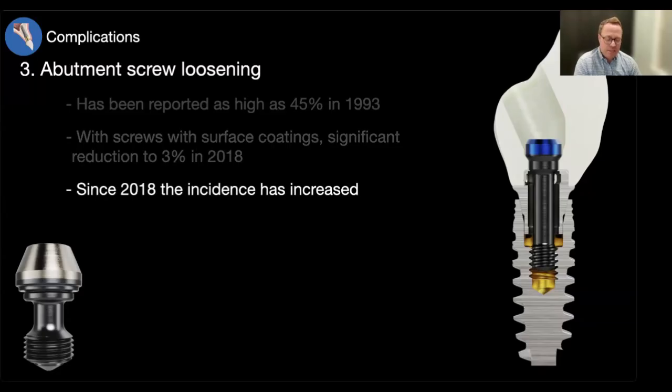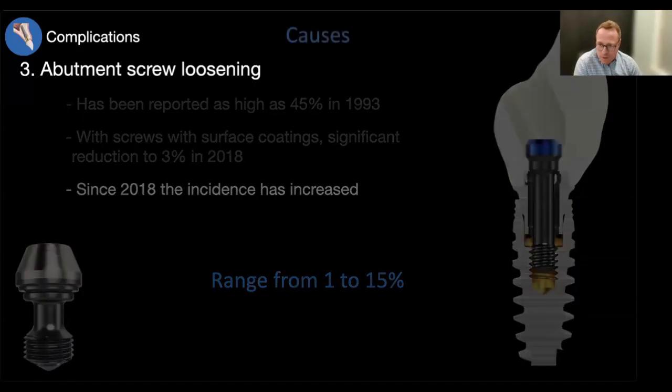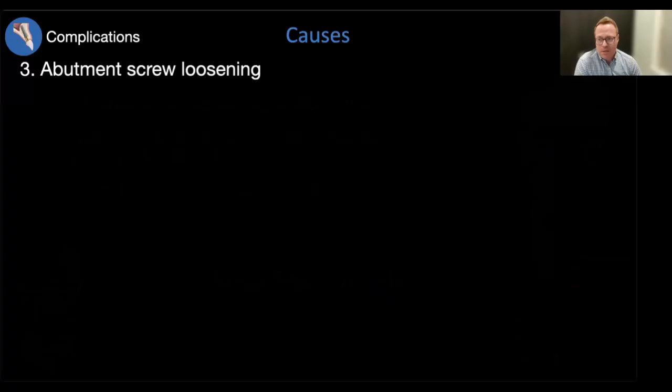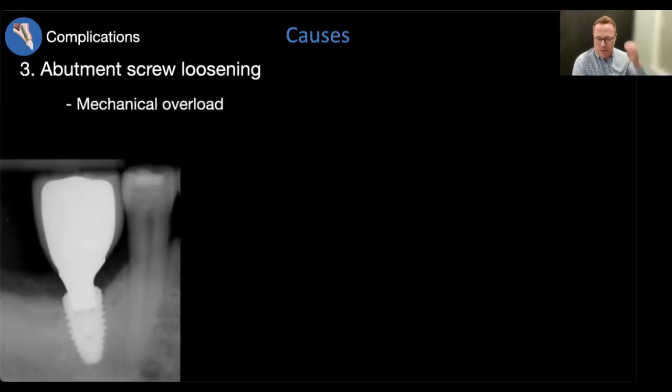But interestingly, since 2018, this has gone up, and we have reports that go up as high as 15%, which would be pretty significant. So, what are the causes for this? Well, there's a lot of things that tend to do this, and a lot of that comes down to the mechanical overload that we see with implant crowns. And I tend to see this most commonly on the most posterior implant in the mouth when there's not a tooth behind it. Now, it can happen anywhere, but that's where I tend to see it the most,